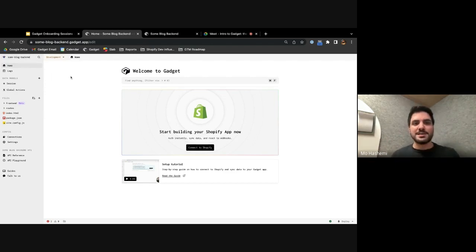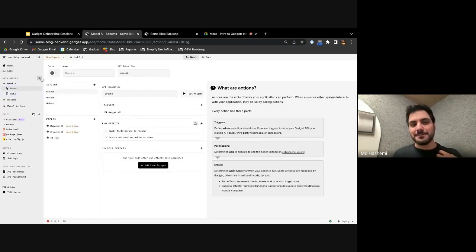So the first concept, and probably the most important one that you will use the most often, is the Gadget action framework. The way it works is we have a concept called models, very similar to Ruby on Rails kind of active model. You add a model just by clicking this button. And what we instantly produce behind the scenes, and this is documented in your API, which I'll show you in a moment, is a table in Postgres that is ready to be shaped by you via these fields,